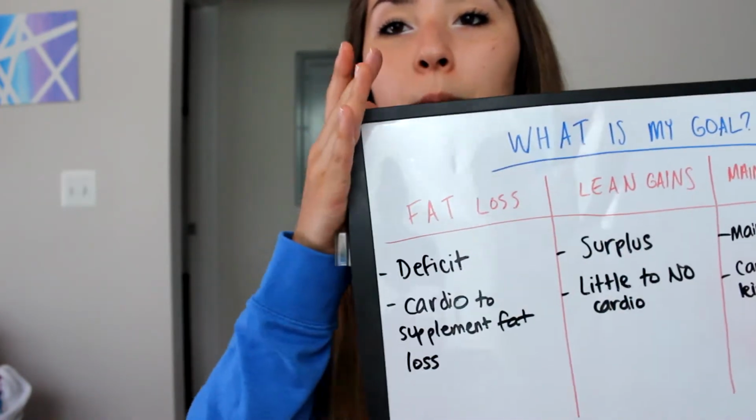So let's go a little bit more into fat loss here. A caloric deficit is just that you're burning more than you're consuming. You need to make sure you're including your exercise with that. That does not mean that if you burn 600 calories doing a leg workout, you can only have 600 calories that day. It means that on top of your basal metabolic rate, which is how much your body burns just laying in bed all day,